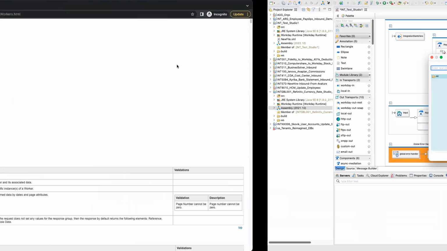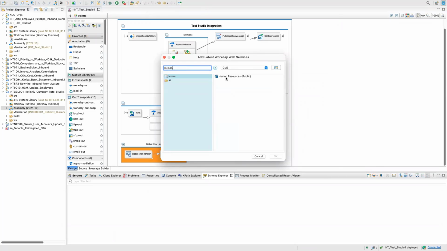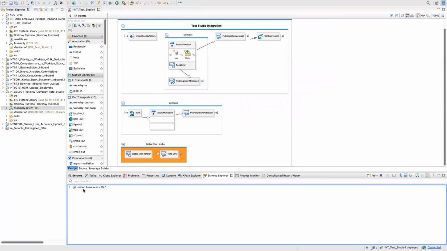Okay, so I will just search here human and it will come up. I click on this and I click on OK. What will happen is it will add all the human resources web services here. So if I click on this arrow, it will show another child, and then again you have to click on the